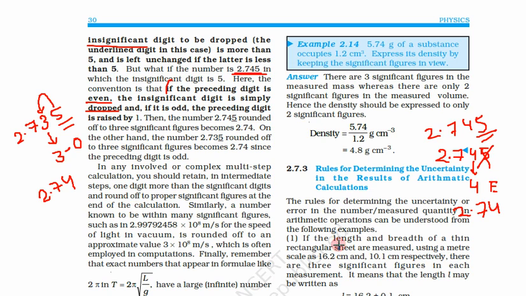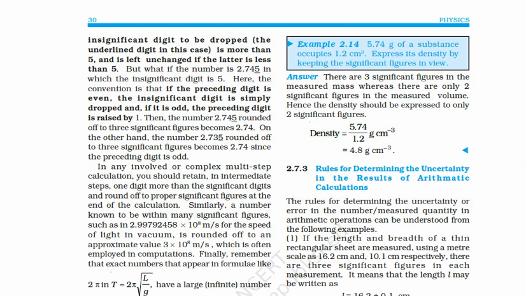Let us see all these things once again to summarize. So we have these numbers. 2.733 should be rounded as 2.73 because the last digit is less than 5. Suppose it is more than 5, like 6. Then what happens? This number will increase by 1 and the last digit is dropped off. So this will become 2.74.